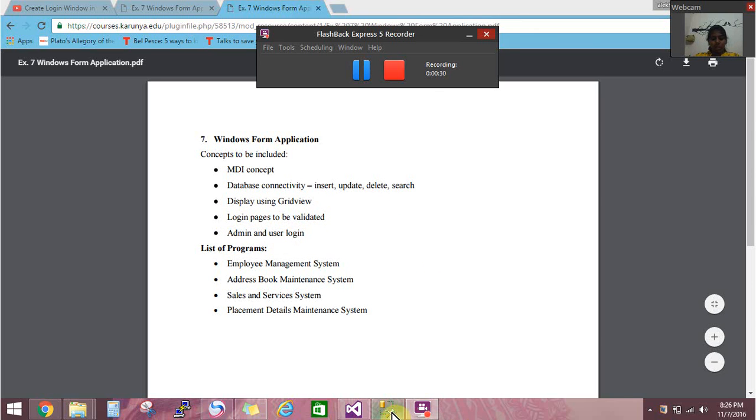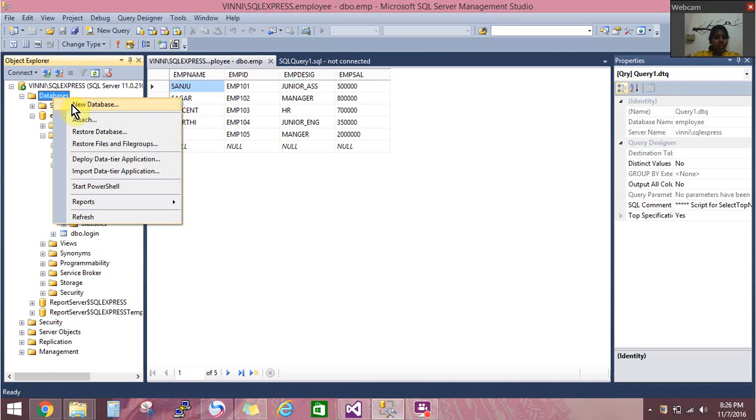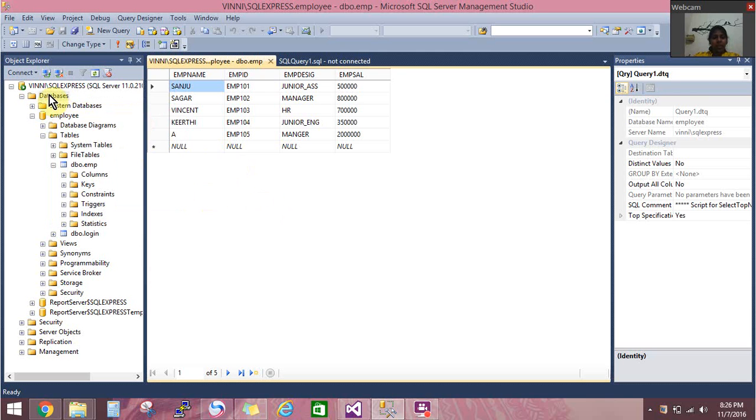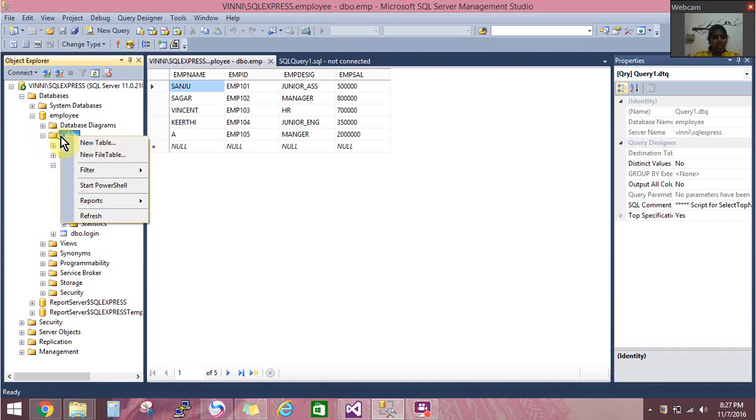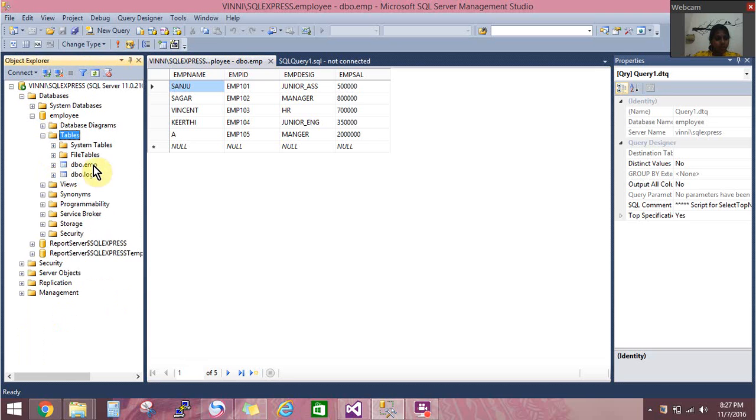So first of all, we need to create a database. So left click and we'll get a new database. When you get a new database, give a name. I have given my database name as employee. After giving the database name, I have created a new table which was called EMP, where I'm storing the values